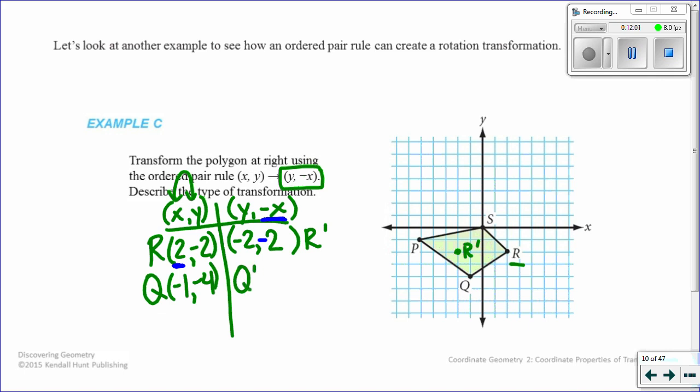So what's Q prime going to be? Again, I have to swap these around, but I also have to make the x the opposite sign. Okay, so if I switch them, I'm going to have -4 first, and then x has to change sign, so instead of -1, 1. So Q prime is (-4, 1). So there's my Q prime, all right? If I keep going, switch the values and make x the opposite,